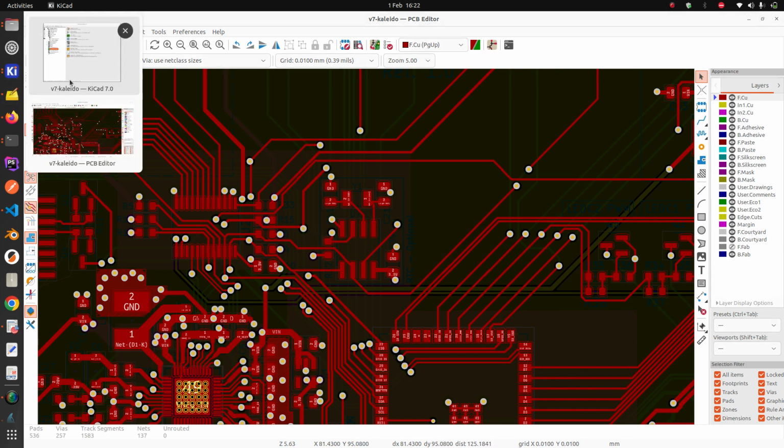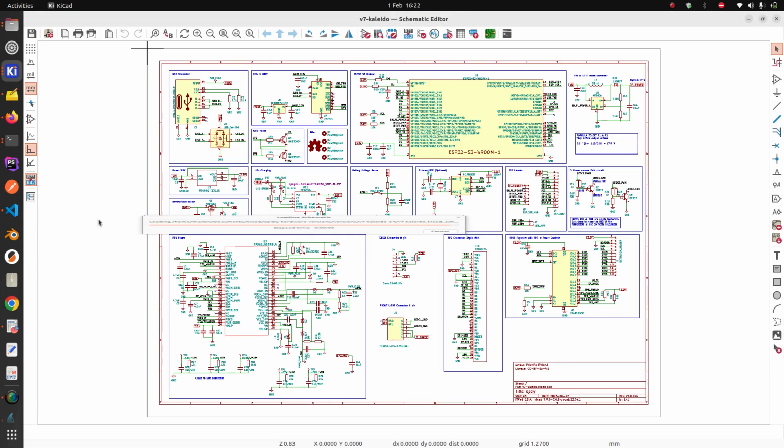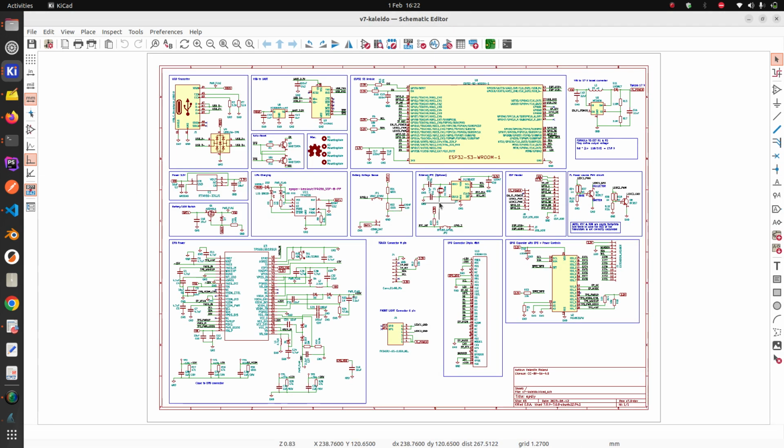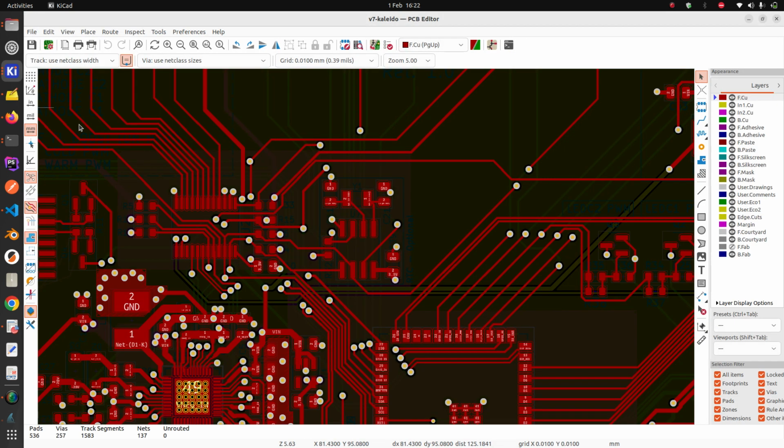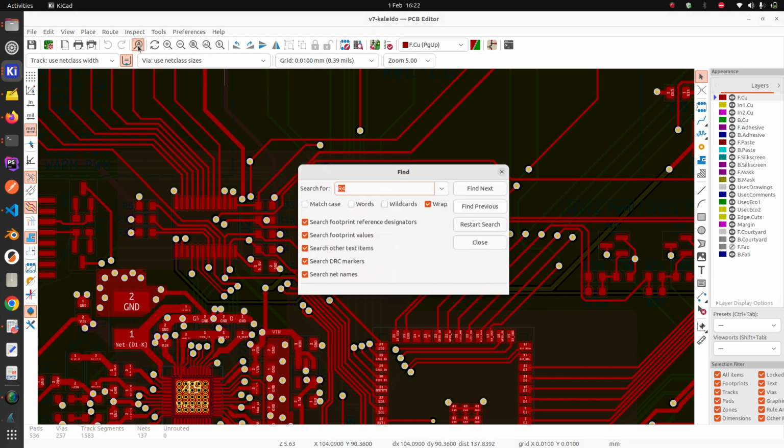Let's check where the RTC is here. The RTC circuit is here with the crystal resonator and so on. It's called U7. So let's go to this. This is great to use with 2 monitors, but at the moment I have only 1 connected. U7